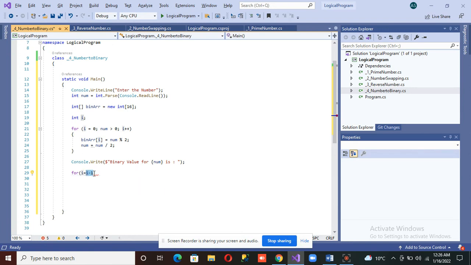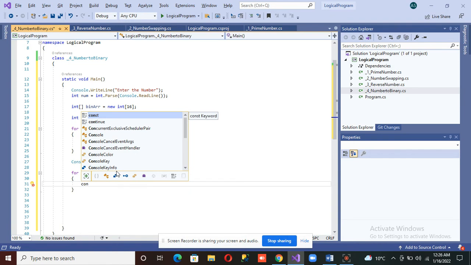Then we check that I should be greater than or equal to 0, and I minus minus. This is the condition for the for loop, and then we will print the value.